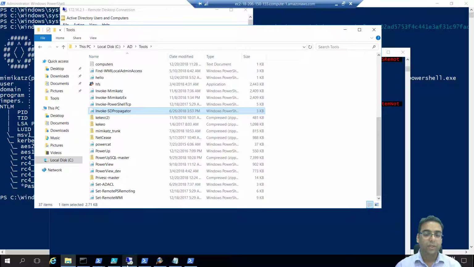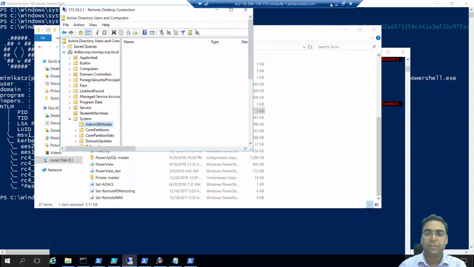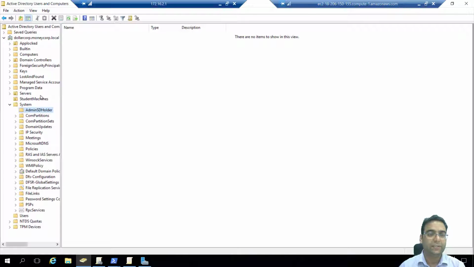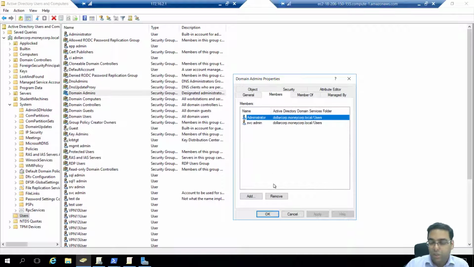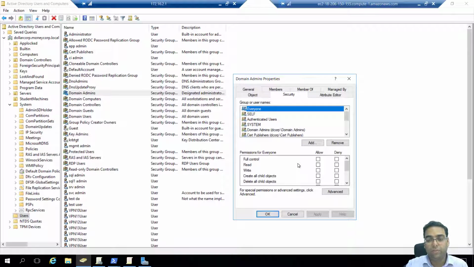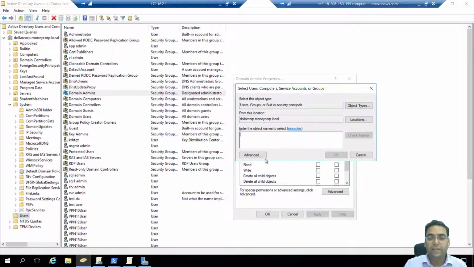So let's say your domain was compromised and someone got domain admin access. Now, a very popular and useful abuse could be to have the privileges of domain admin without being a member of the domain admins group, because the membership of the domain admins group is quite frequently audited. If we add our user to the domain admins group once we have domain admin privileges, that may be detected. So in place of that, what an attacker can do, or what attackers used to do or still do, is to add